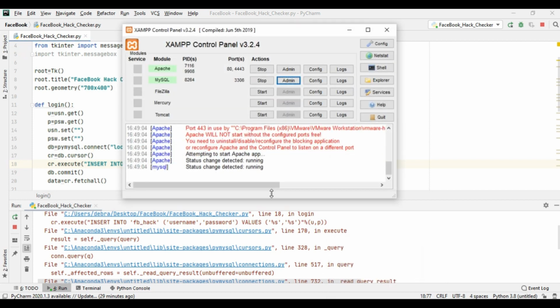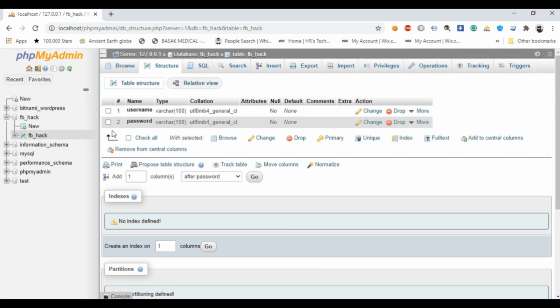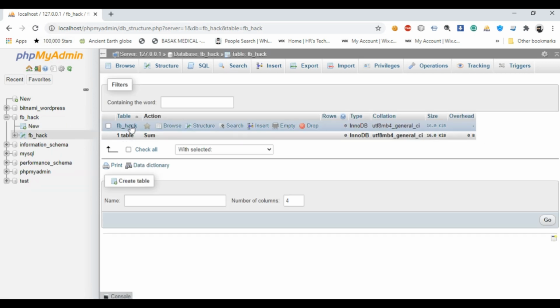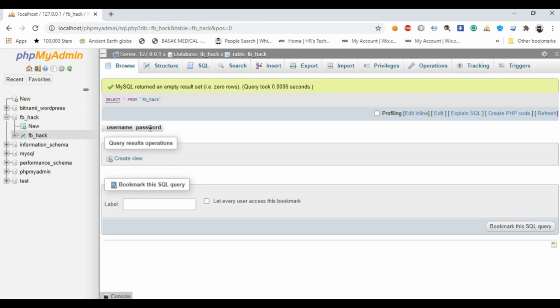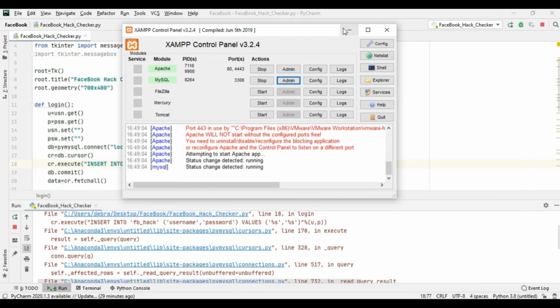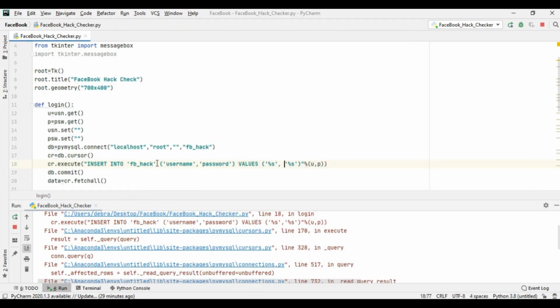I think the XAMPP is on. Once again refresh it. Yes, it is on. Oh, I see. Some syntax problem is here in this.